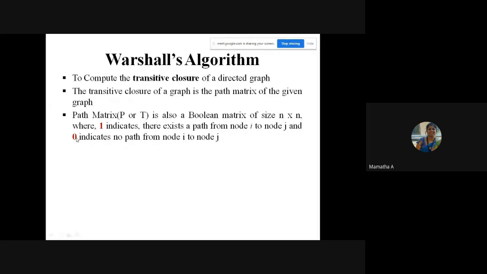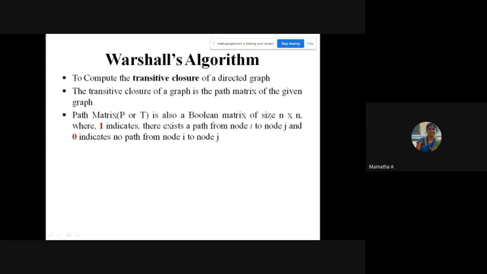You all know that 1 indicates there is a path between node i and j. A path is reaching i to j through intermediate vertices, or with 0 intermediate vertices, which means there is an edge from i to j. So I can have either an edge or a path from i to j. Indicating 1 tells that there exists a path, and 0 indicates there is no path.